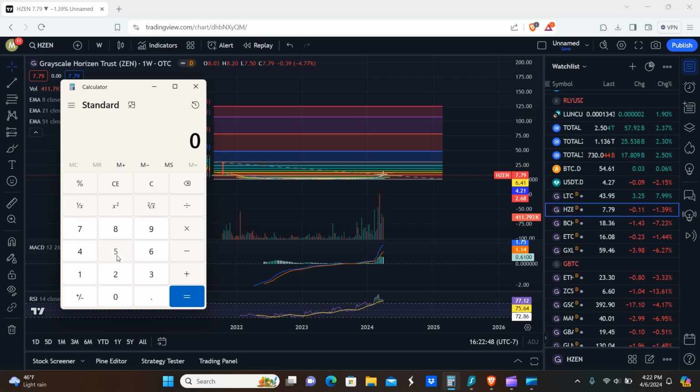So yep, 10x. So simple math here, you're probably going to need about 50K to get to that second Fibonacci level. So $107 on the next level. Divide that by the current price. So 13.7x. Divide that into $500,000. You'd only need roughly around